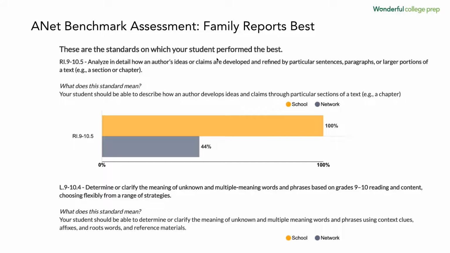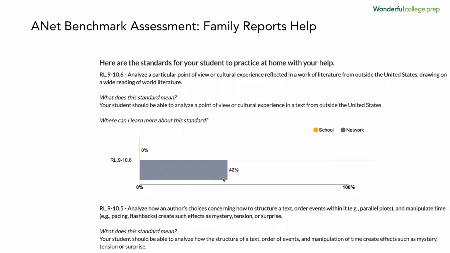Now, also, we look at some of the family reports, and you might be seeing some of these or have seen these in the past as well. You can see where we were and then where the network is as well. And so you can kind of see, in this specific standard, 100%, we got them all right. But most kids in most schools only get about 44% of that right. And then sometimes it'll tell you also on this report things that students need to do better.